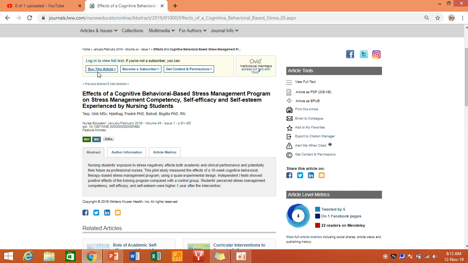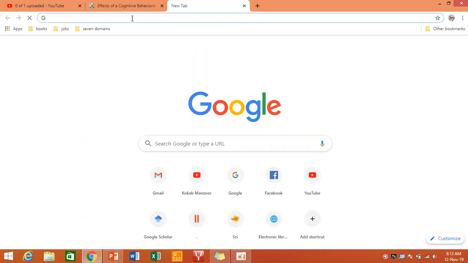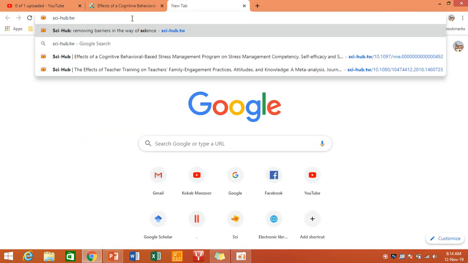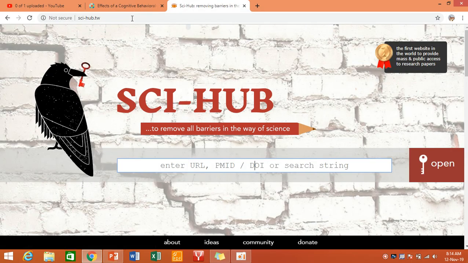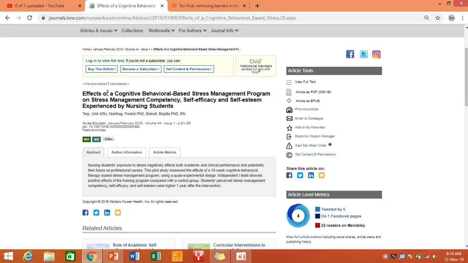So you need to buy this article, right? You see, buy this article. So how to get it free? It's very simple. Click a new tab, write sci-hub.tw, right? Now here what you're going to do, you'll go back to this